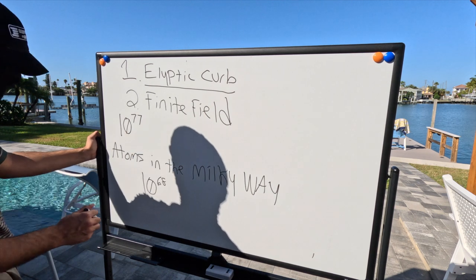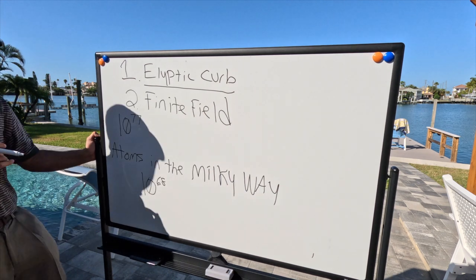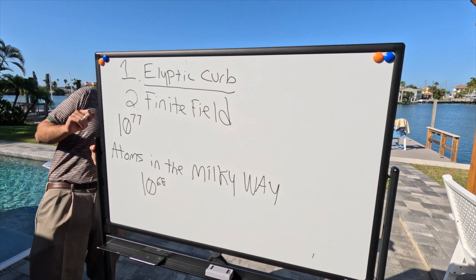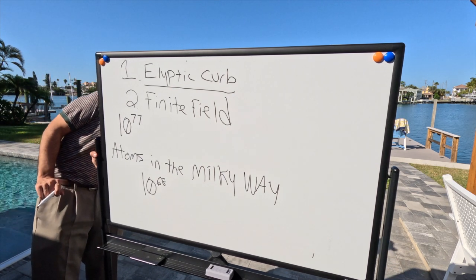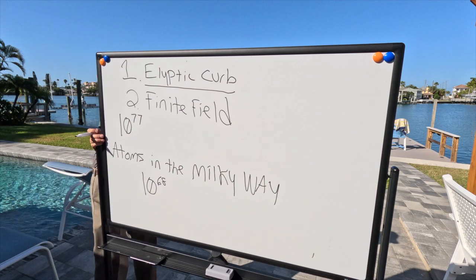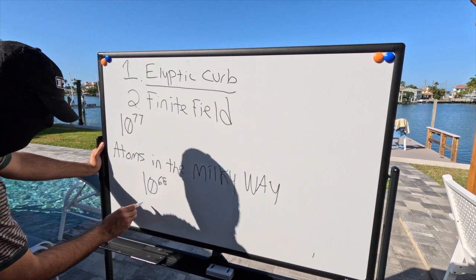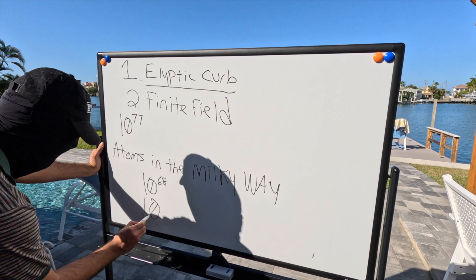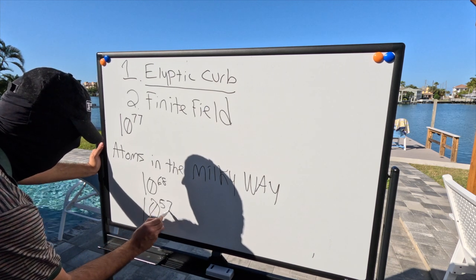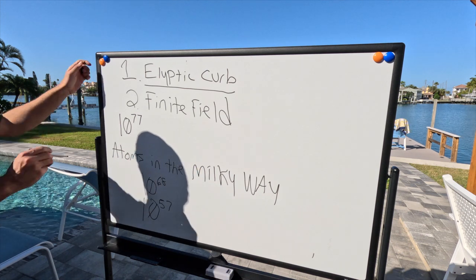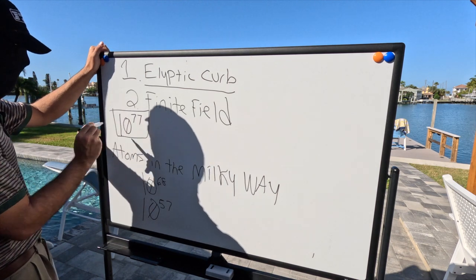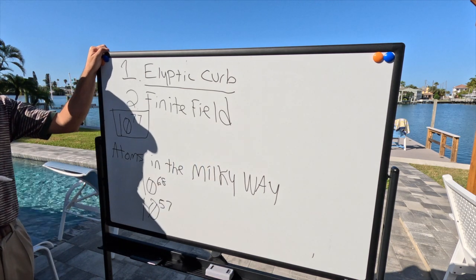And the amount of atoms in the solar system is 10 to the 57th power. So this gives you a scope of how many options there are and why it's so hard to hack Bitcoin,